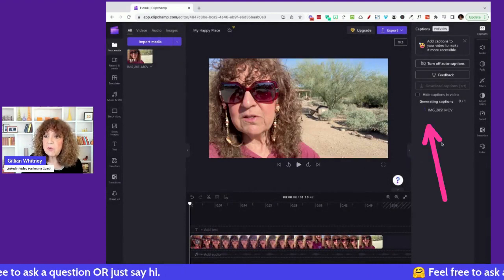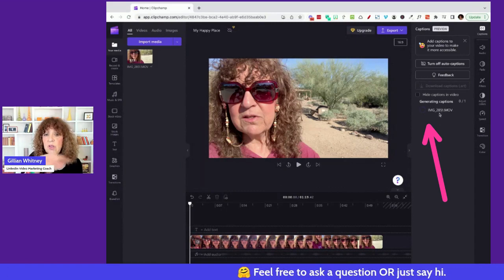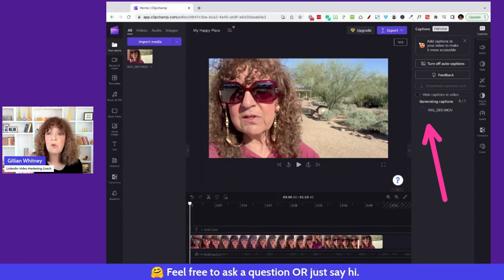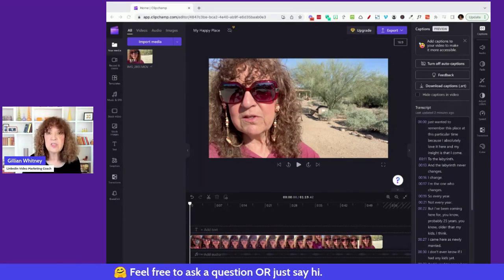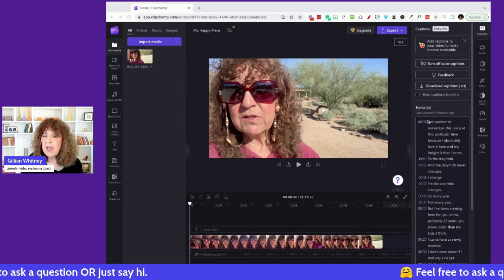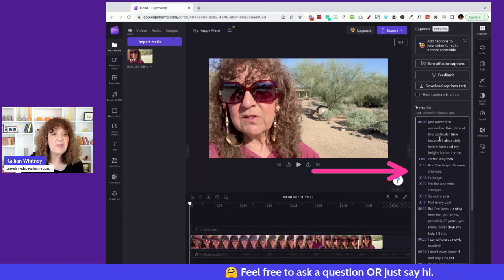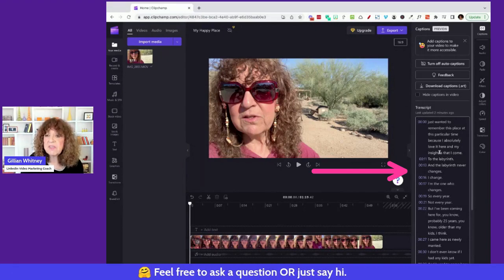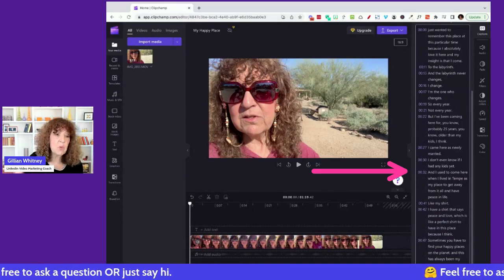And I don't know if you can see it, but right now it's kind of got a little swirly thing that's showing that it's going ahead and doing the captioning for us. Oh, it's done. Okay, I can stop talking now and I can actually go in and show you how to do stuff. So as you can see here, there is now a transcript of what I've said word for word through the entire video. So my video is 1 minute.